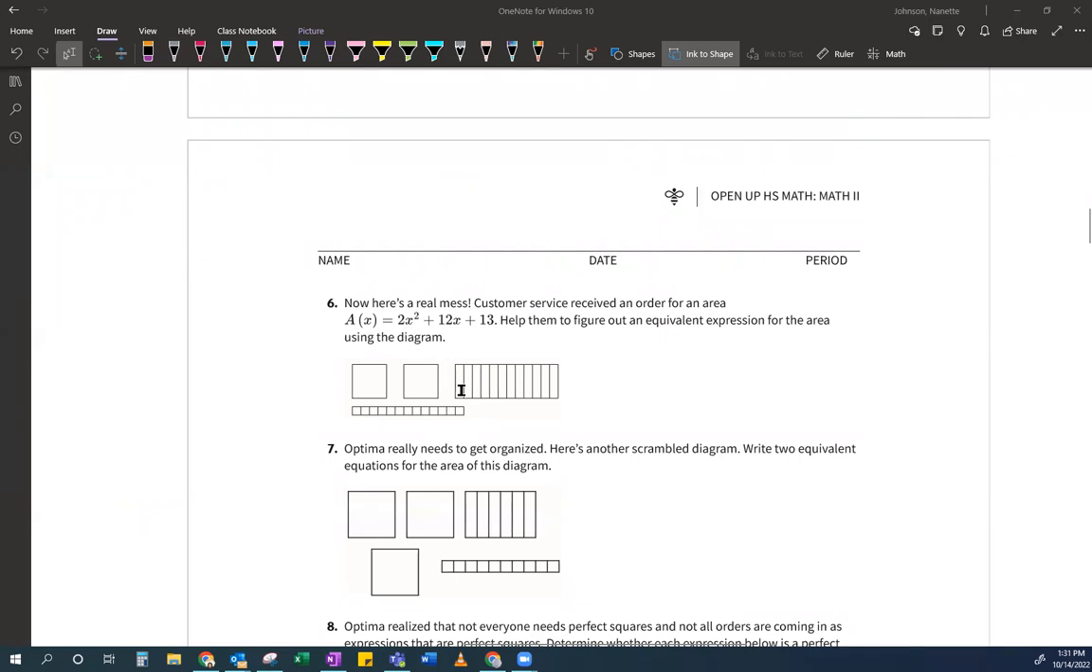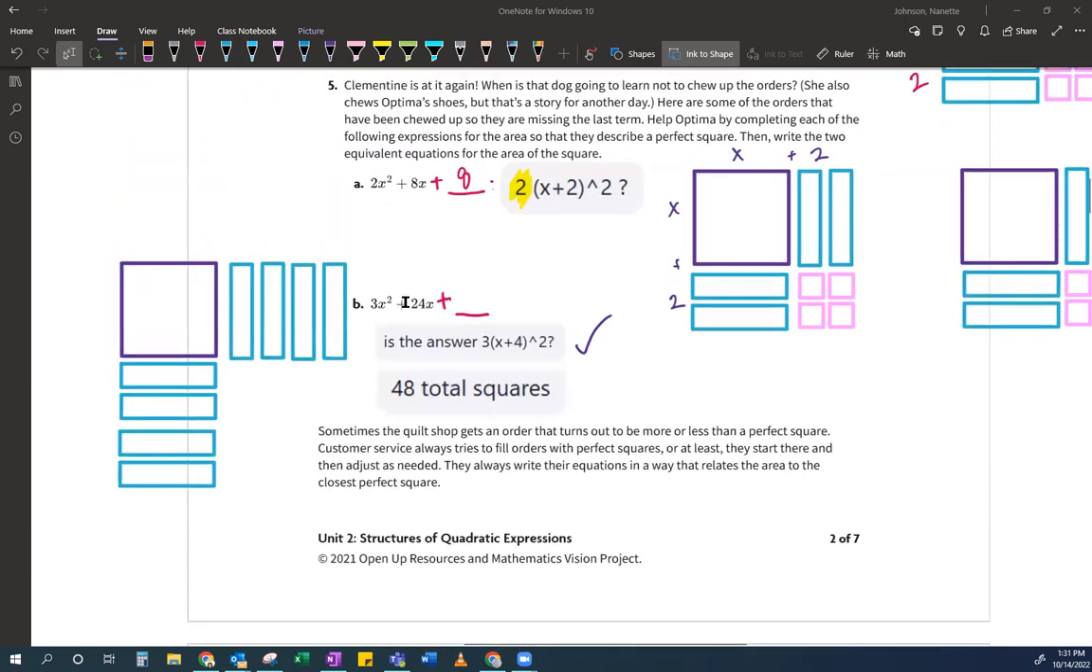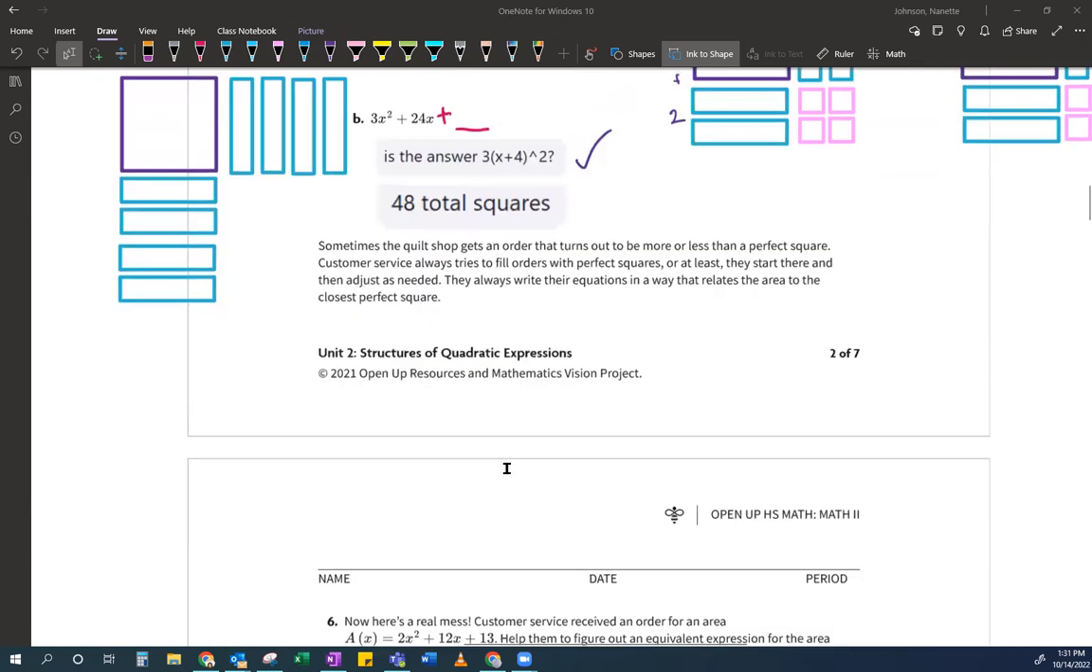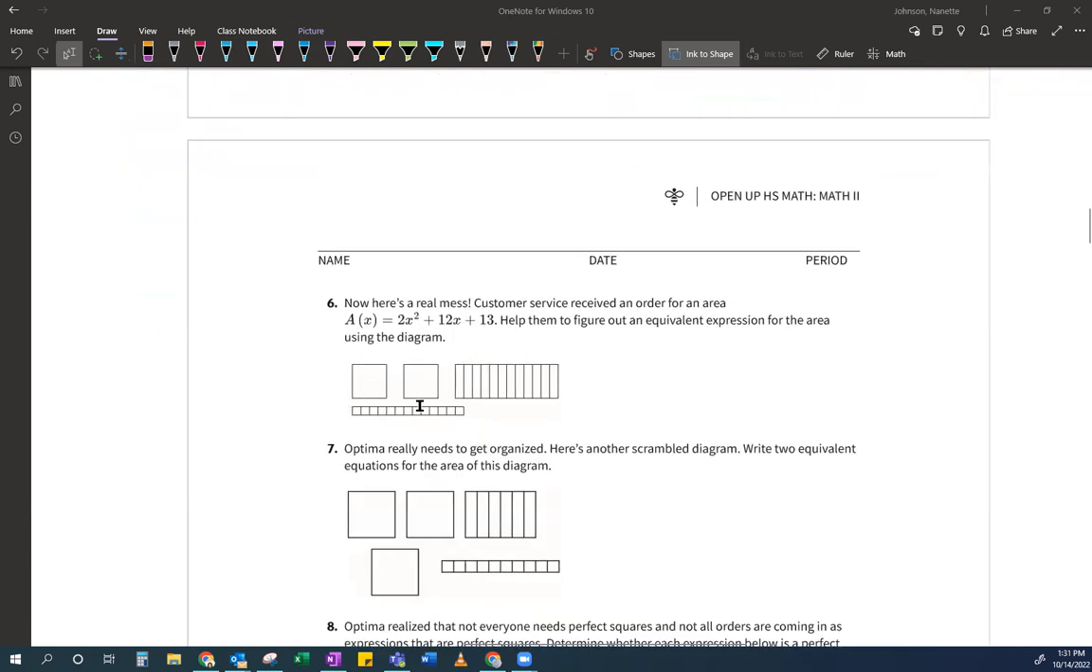Customer service received an order of an area of this. Oh, give me a second. So here's all this. Help them figure out an equivalent expression for the area using the diagram. So basically, I gave you a bunch of pieces, kind of like what we did over here, except instead of me giving you the expression, I gave you all of this. And your job now is to reorganize this